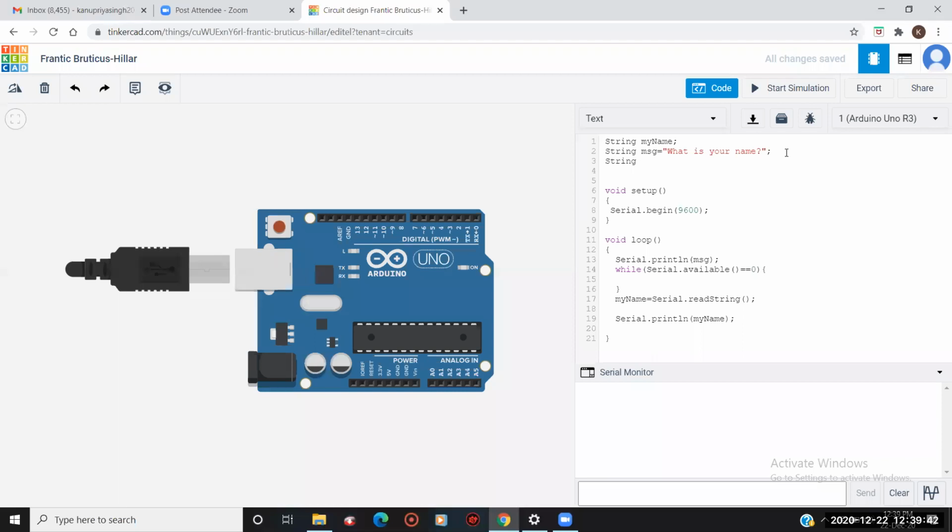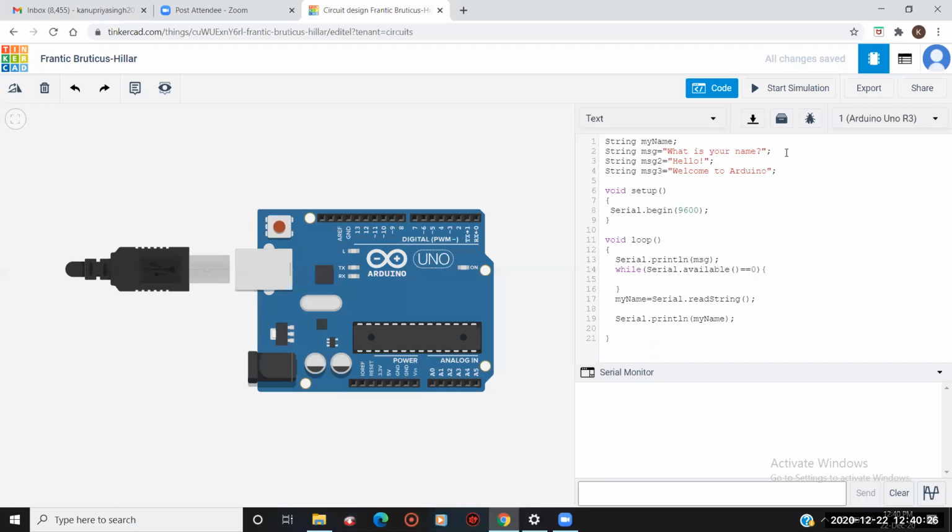So I'll take a string type container, and the another message will contain the message to, that is in the inverted comma, and I'll say hello, and I'll terminate this line, and I'll add another message with the help of string variable, that is message 3, and in the inverted comma I will write welcome to Arduino.